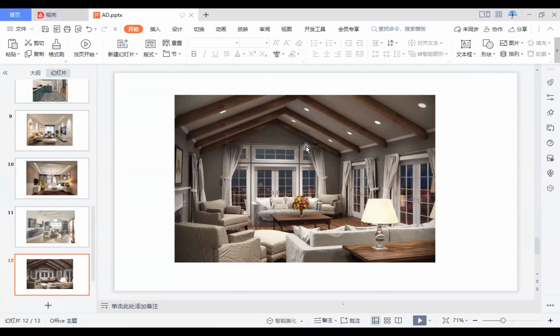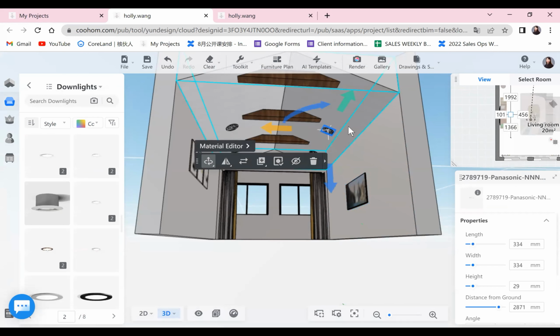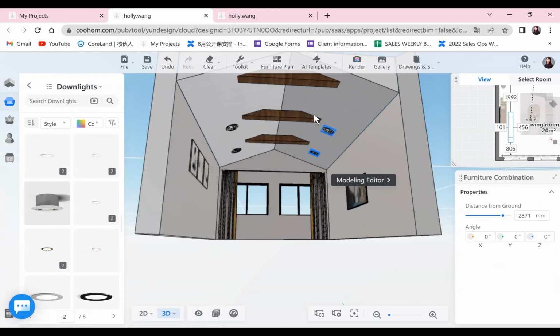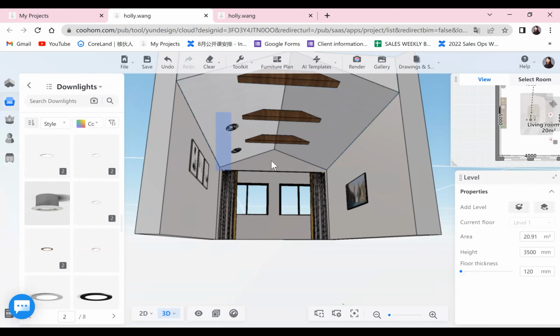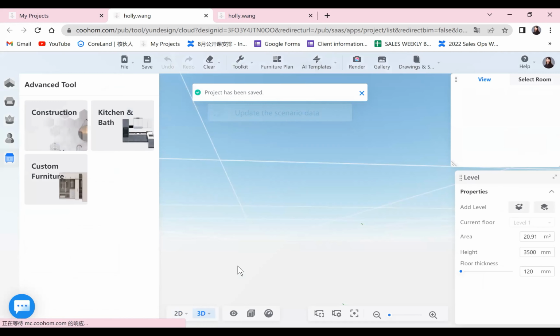And let's see, the second picture is actually quite similar, but we don't have the straight beam. So how can we draw something like this? Okay. Right, let me delete the light. Okay, so we will go back to advanced to construction.